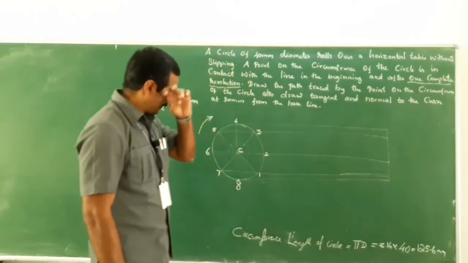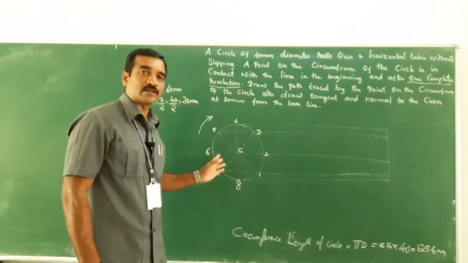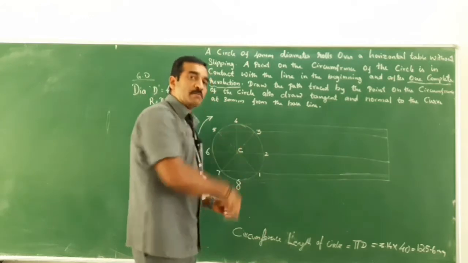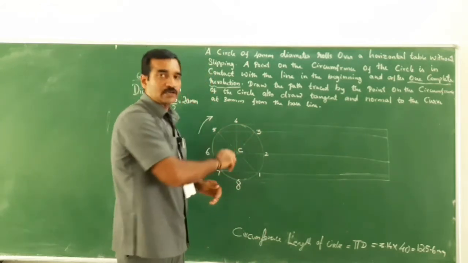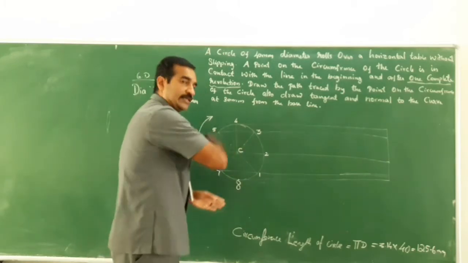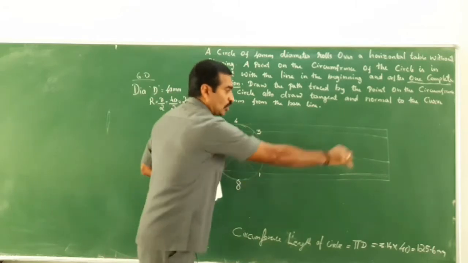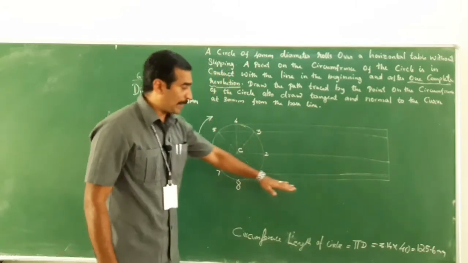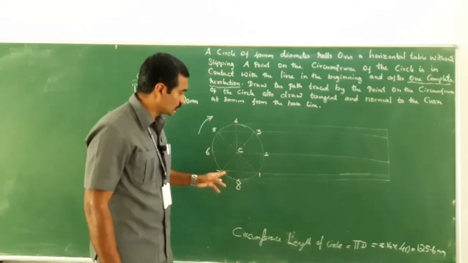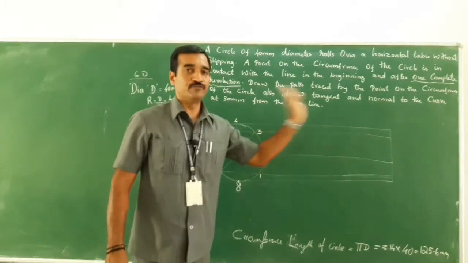Right? So what I have done was, I have divided this rolling circle into 8 equal divisions. Then I have given the numbering in the anti-clockwise direction. Since the rolling circle rotates in the clockwise direction, the numbering should be in the counterclockwise or anti-clockwise direction. Then I have drawn a horizontal line that is parallel to the baseline or the direct line or the straight line, passing through 7, 1, 6, 2, 5, 3 and 4.